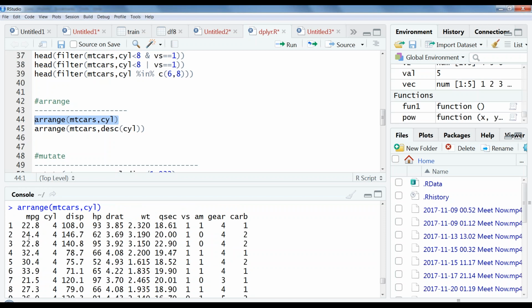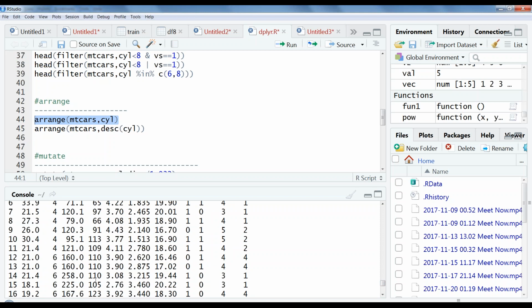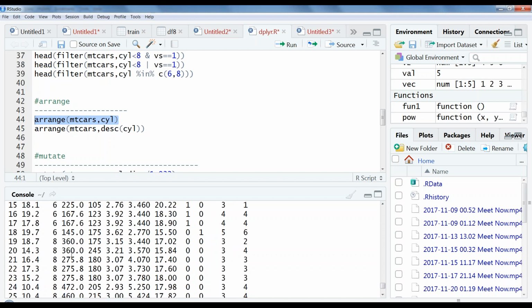All the rows related to 4, then all the rows related to 6, then all the rows related to 8. So this is order by, or arrange by cylinders. By default it is ascending order.